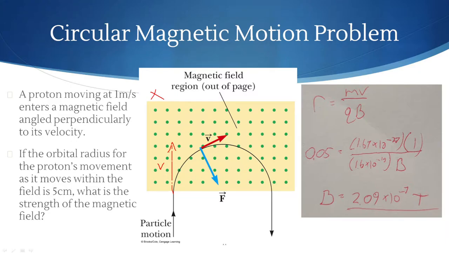So, this is our initial velocity vector, and the magnetic field points out of the page. If we use right-hand rules, velocity points up, magnetic field points out of the page. That means our initial force vector is going to point to the right. This is consistent